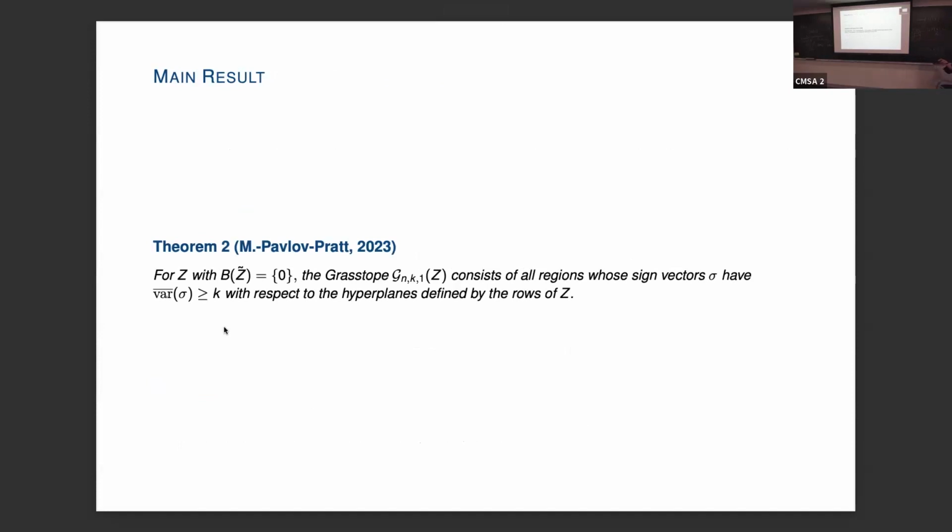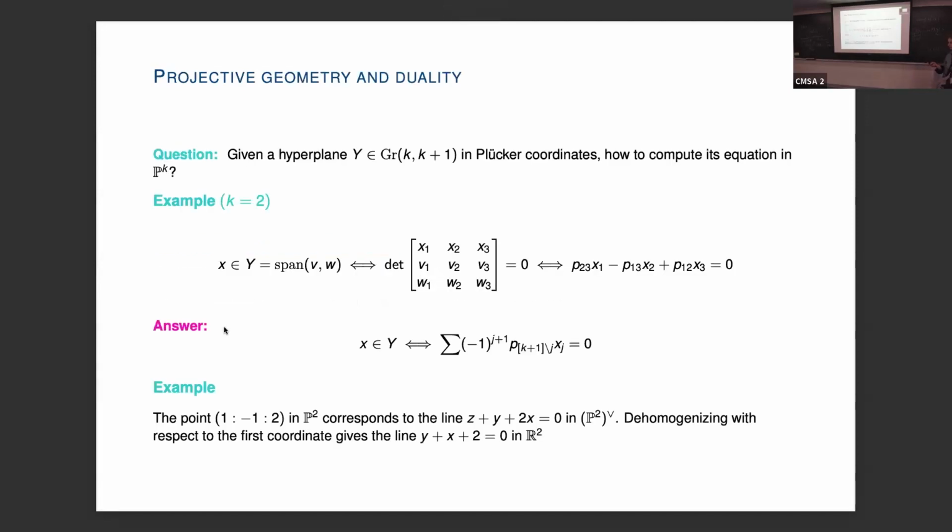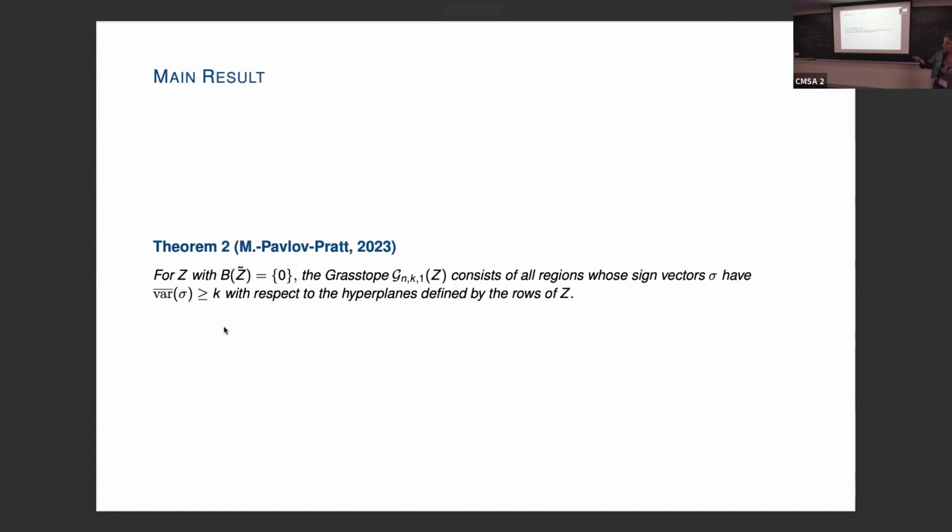For Z with trivial base locus, so well-defined, the Grasstope G_{n,k,1}(Z) consists of all regions whose sign vectors have at least k sign flips with respect to the hyperplanes defined by the rows of Z. I forgot to mention that this might remind you of twistor coordinates if you're familiar with them. And indeed, these are twistor coordinates, and we rephrase this in terms of twistor coordinates in our